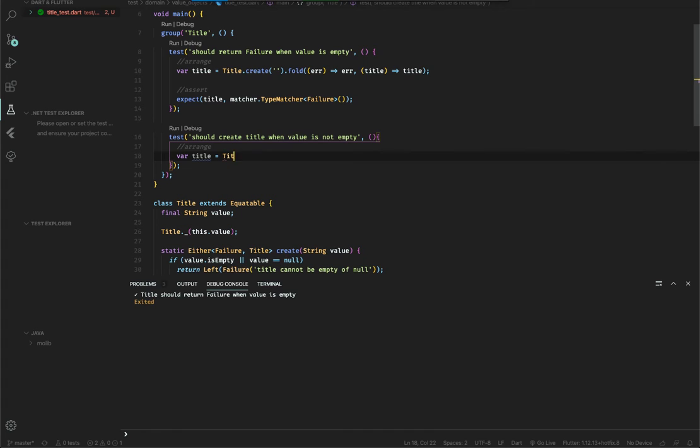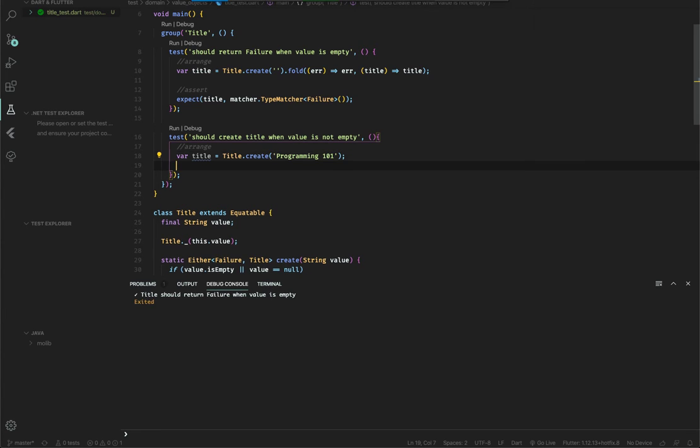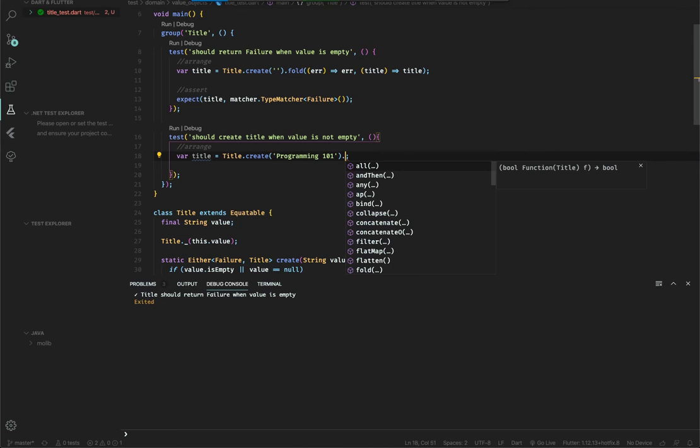Title dot create, say title of the book, Programming 101. Then we'll say dot